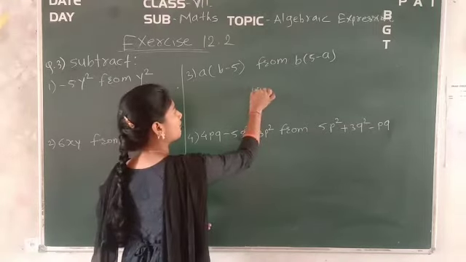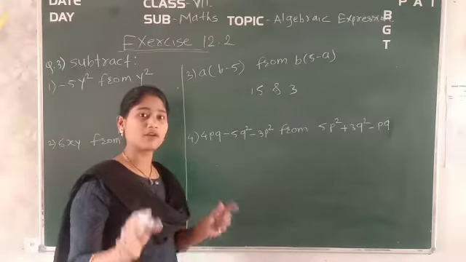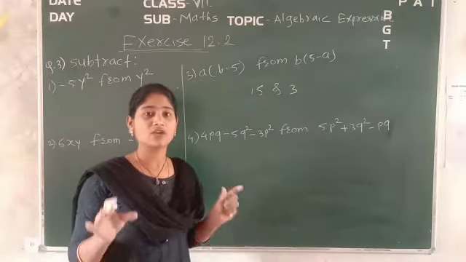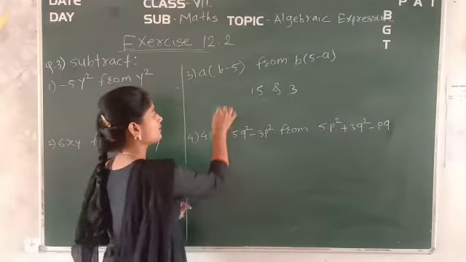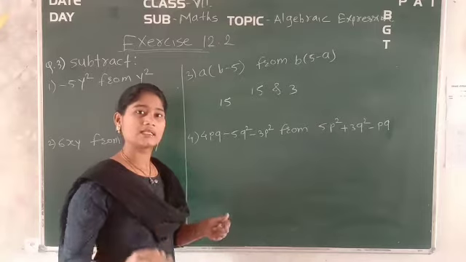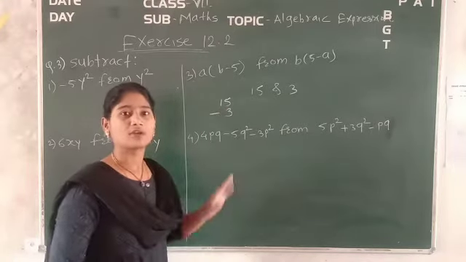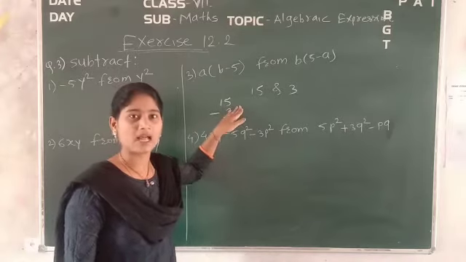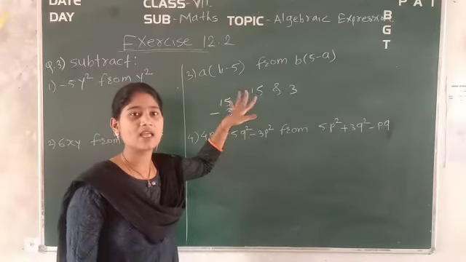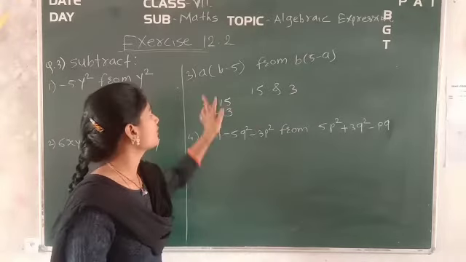That is, suppose 50 will be there and 3 will be there. Then if you want to do the subtraction of this one, you have to take the biggest number, that is 50, in the first position and 3 in the next position, that is -3. Like that you will write it down. तो यहाँ पे तो आपको पता चलता है कि बड़ा नंबर कौन सा है, छोटा नंबर कौन सा है, because these are the constants.